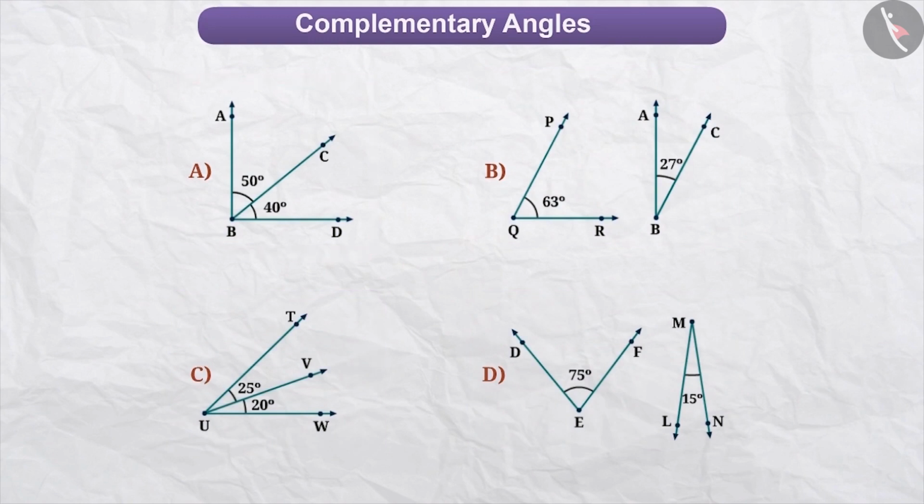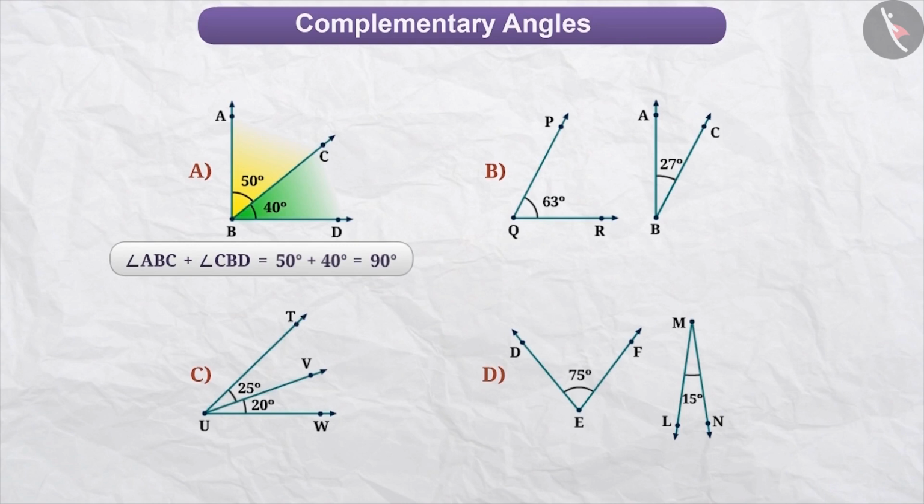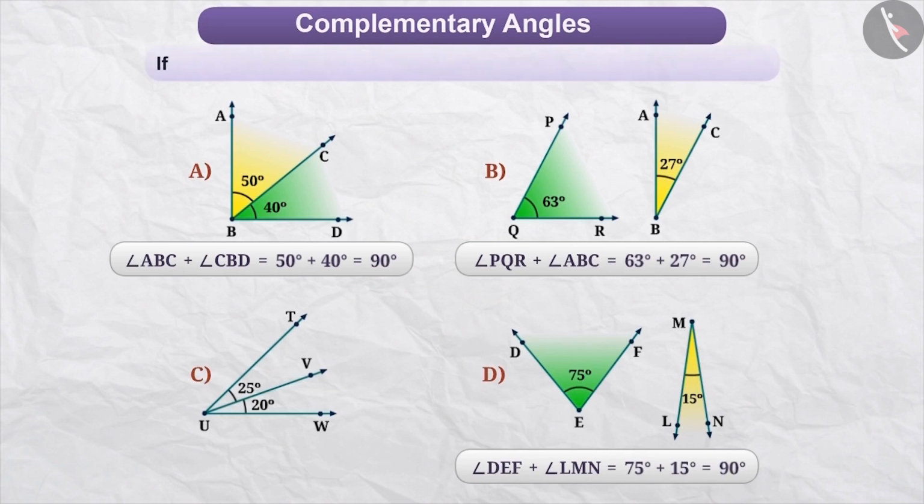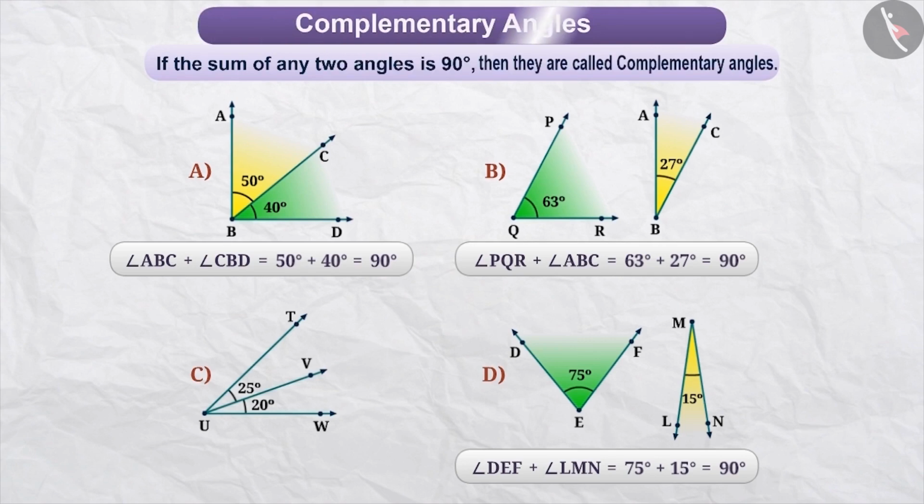In the first figure, we see that the sum of angle ABC and angle CBD is 50 degree plus 40 degree is equal to 90 degree. In figure B also, we see that angle PQR plus angle ABC is equal to 63 degree plus 27 degree is equal to 90 degree. Similarly, if we talk of figure D, then angle DEF plus angle LMN is equal to 75 degree plus 15 degree is equal to 90 degree. In this way, if the sum of any two angles is 90 degree, then they are called complementary angles of